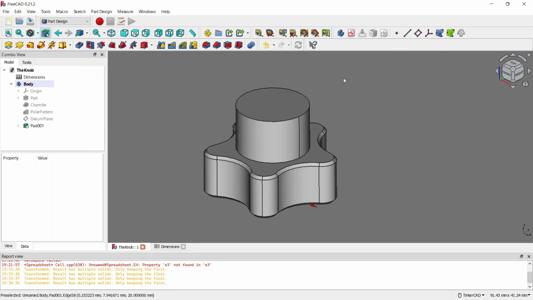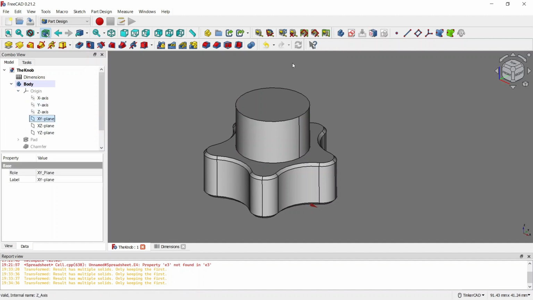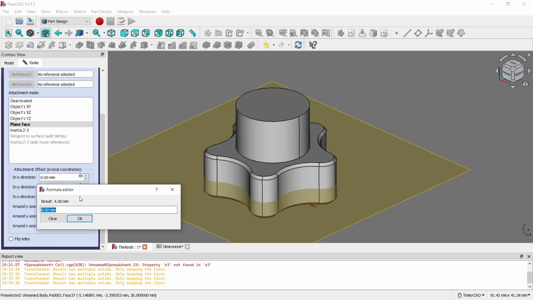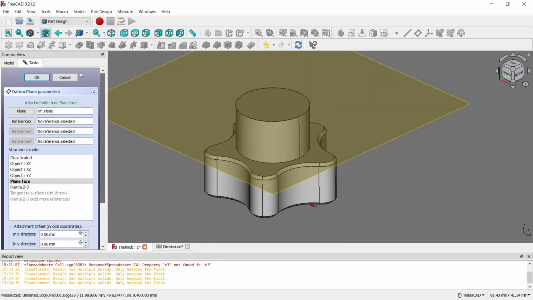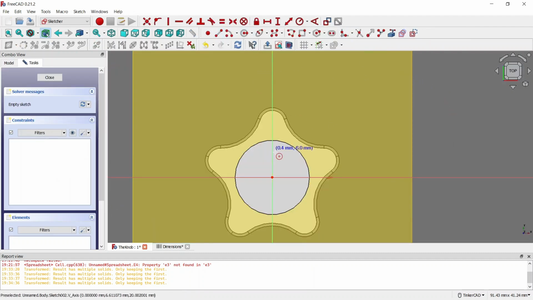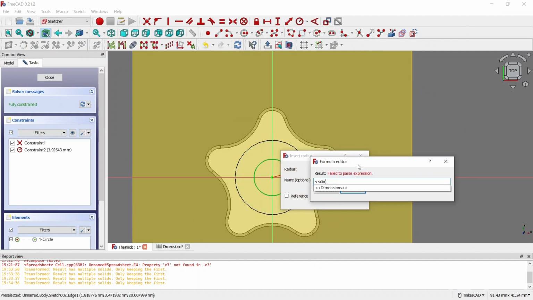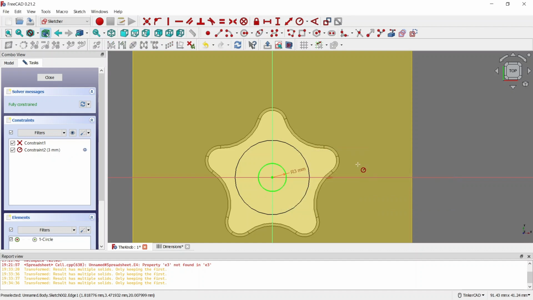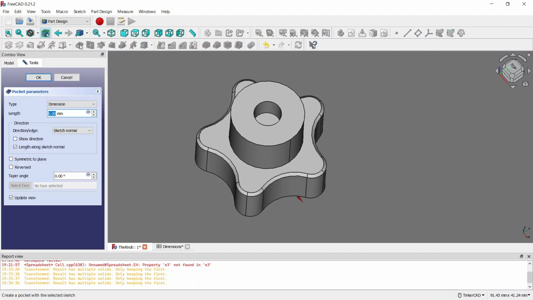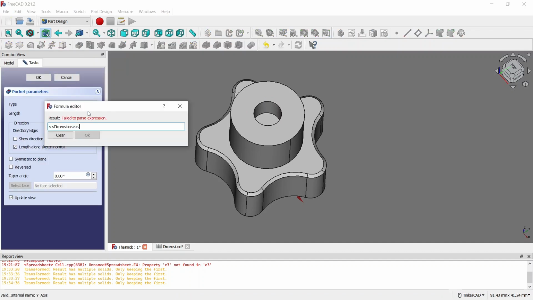I'm defining another datum plane which will be placed on the top of the shaft, which will be the foundation for a sketch that will make the hole in the shaft. You'll see in a moment. Again, the placing of the datum plane is the total height, which means the shaft length and the thickness of the knob. Now I'm drawing here a circle that is constrained to the shaft internal diameter, and I'm putting a hole with a length, or depth in this case, that is the same